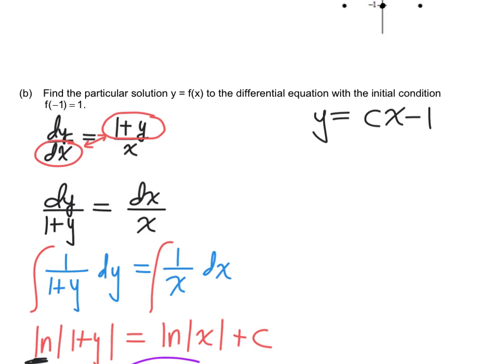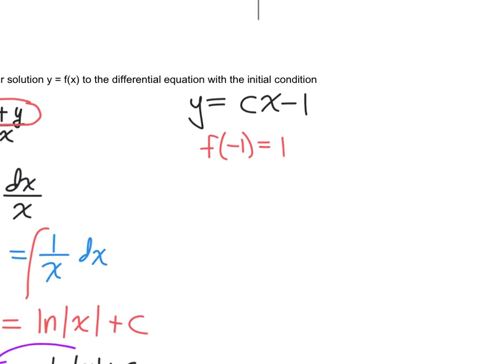They gave us a condition. They tell us that f of negative 1 is equal to 1. All right, so they're telling us an x value and a y value. So 1 equals c times negative 1 minus 1. C equals